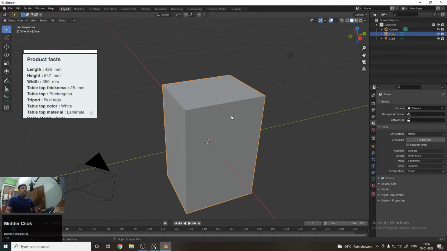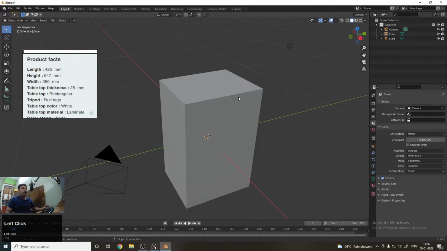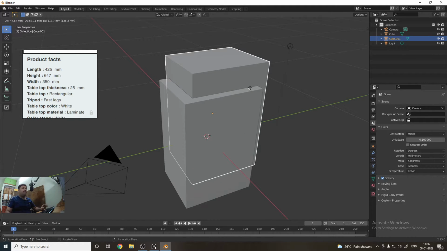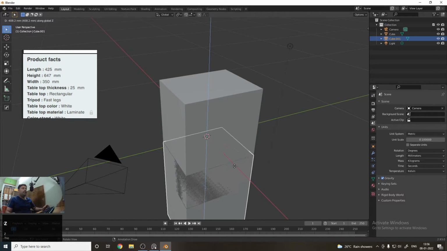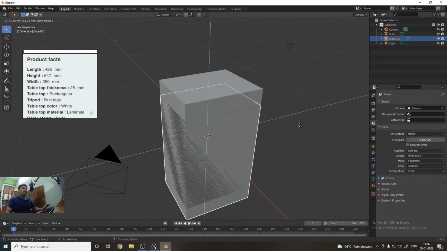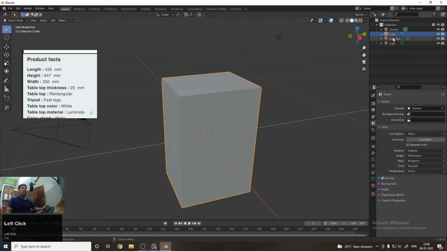So now let's duplicate this cube first. If you want to duplicate this cube, click on the cube, then use the keyboard and press Shift D to duplicate. Then I have to move it on the Z axis to the top, so I will press Z on the keyboard so that we can move along the Z axis. But for now I am not going to move this cube anywhere, so I will just press the right mouse button. You can see that we have generated two cubes.